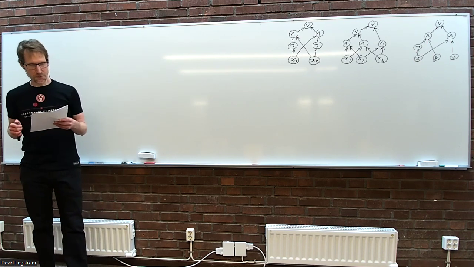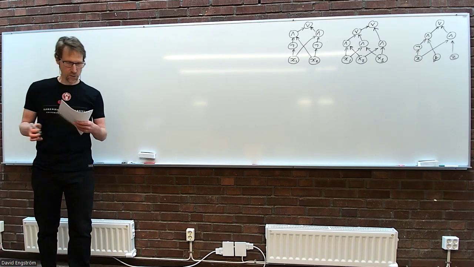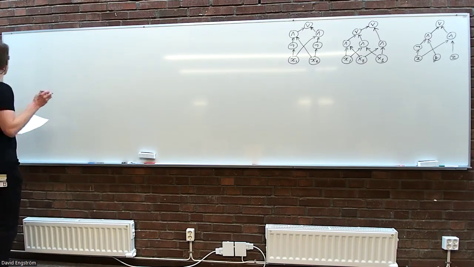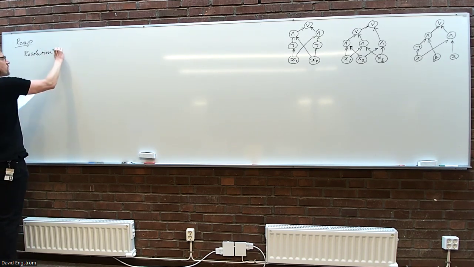Okay, so welcome to lecture 4 on the proof complexity as a computational lens course. So, quick recap of what we did last time or what we've done so far. We're looking at the resolution proof system, and we're doing lower bounds for